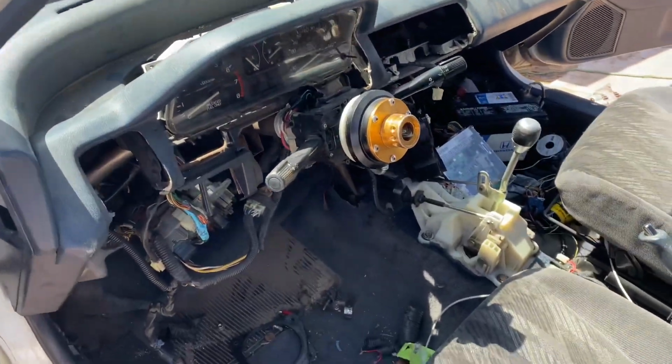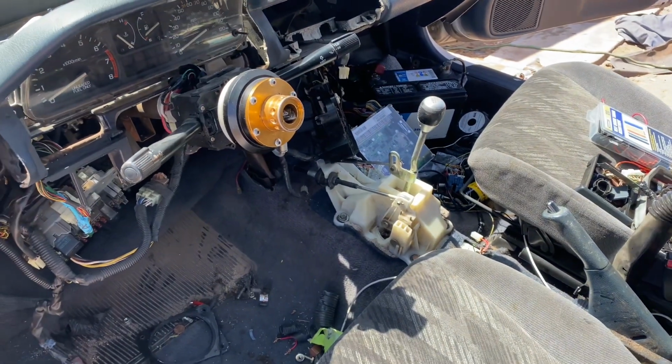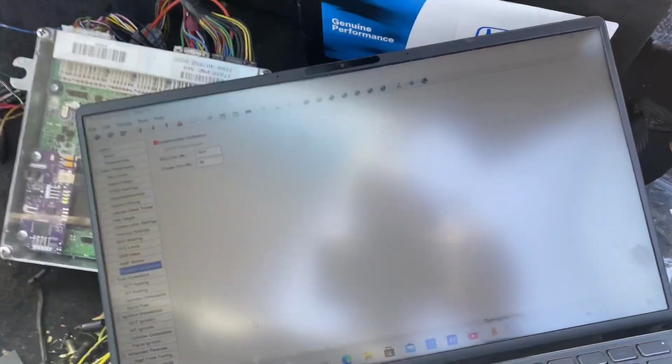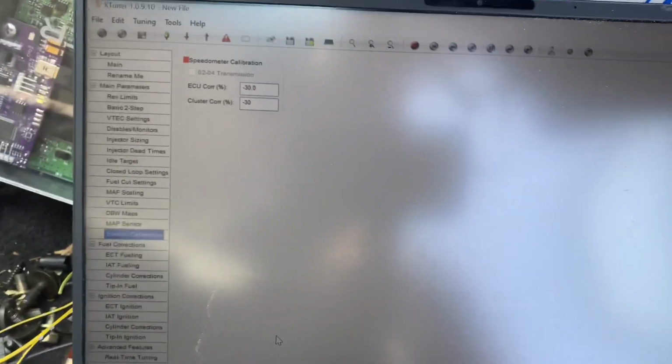And we're going to go ahead and install the ktuner that he actually bought, so I can show you guys how to put a map on it. And that'll be the end of this video. Until the next one. Alright, so now I'm going to show you guys how to do a little base map